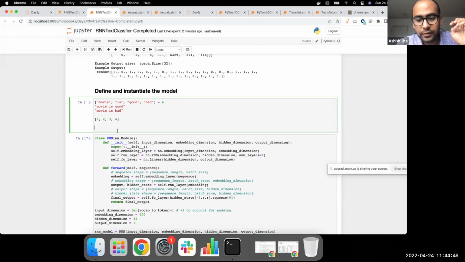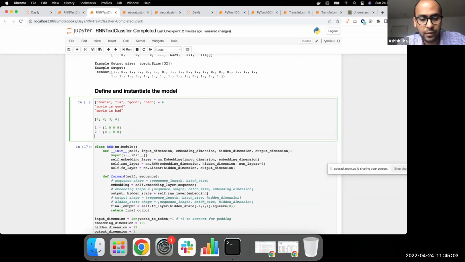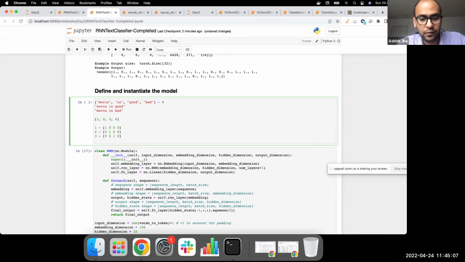So what we would do is convert these numbers into one hot encoding. 1 would be written as 1000, 2 would be written as 0100, 3 would be written as 0010, and 4 would be written as 0001.